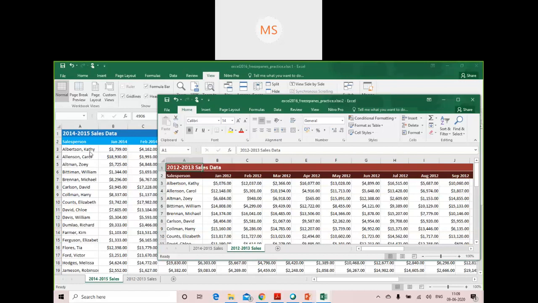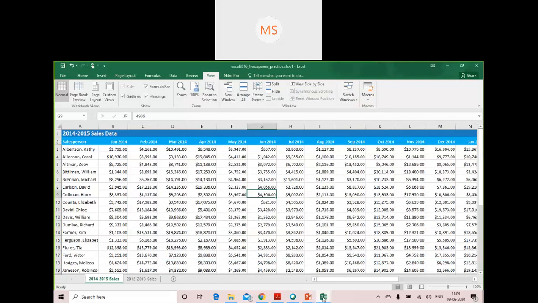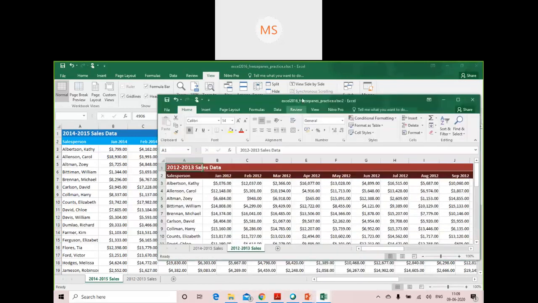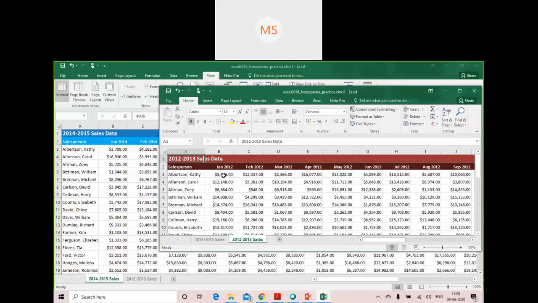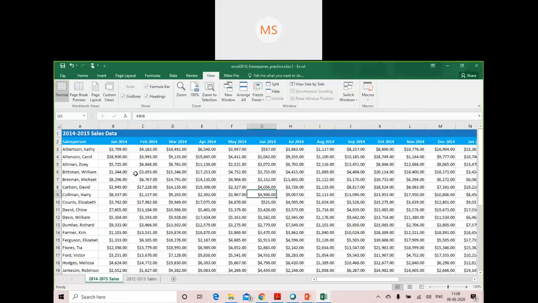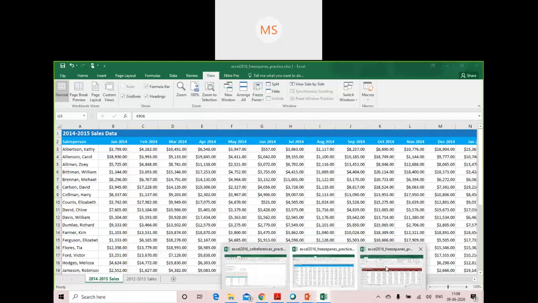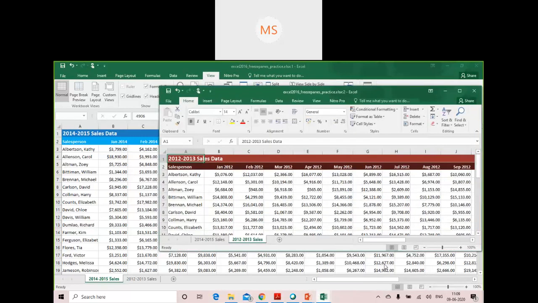Like if I want to know Alison Cathy's sales report for January 2014, and for January 2012 it was $5,076, and for January 2014 it is $3,799. So this is how you can compare multiple sheets together by making use of this new window option.